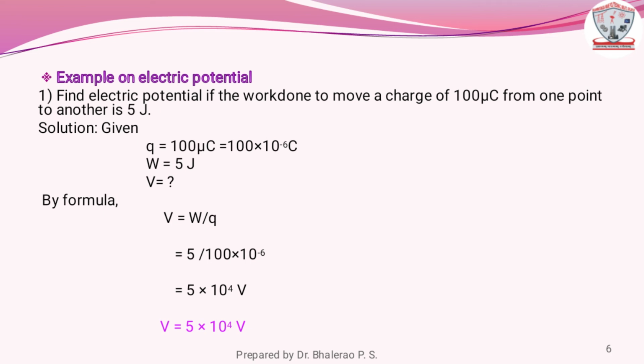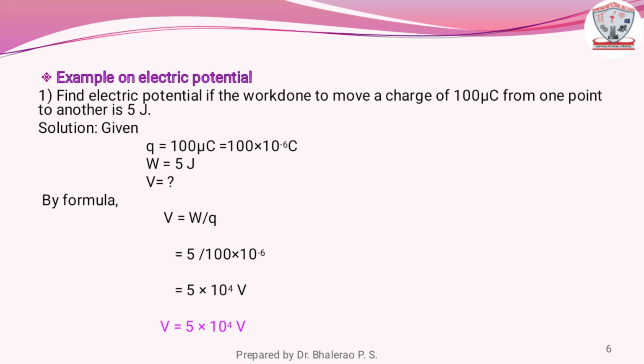First of all, we will discuss the quantities given. The given quantities: Q is equal to 100 microcoulomb, which is converted into coulomb, 100 into 10 to the power minus 6 coulomb, and work done is equal to 5 joule, and V is the electric potential we will find out by the formula V is equal to W upon Q. Putting the values of the above quantities in this formula,